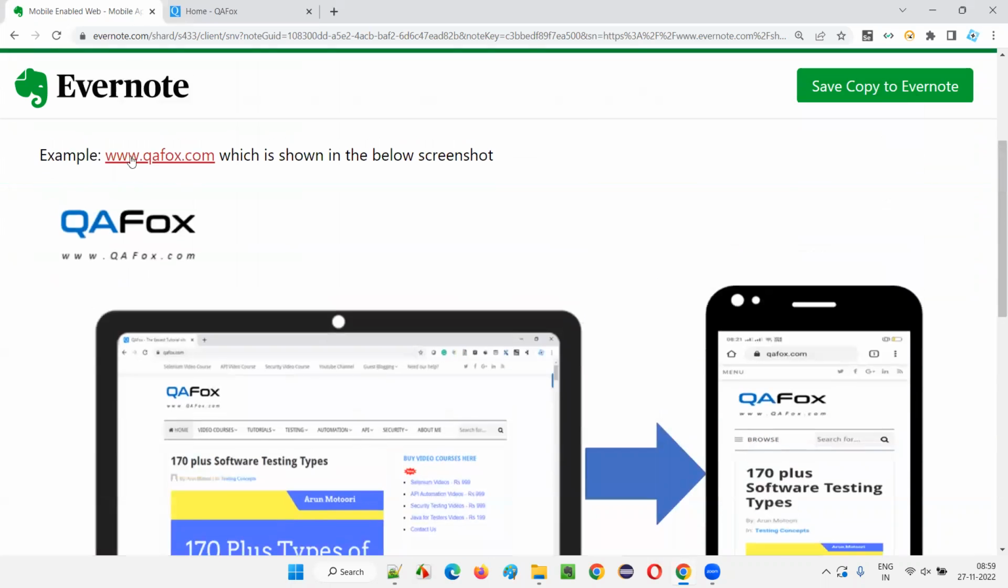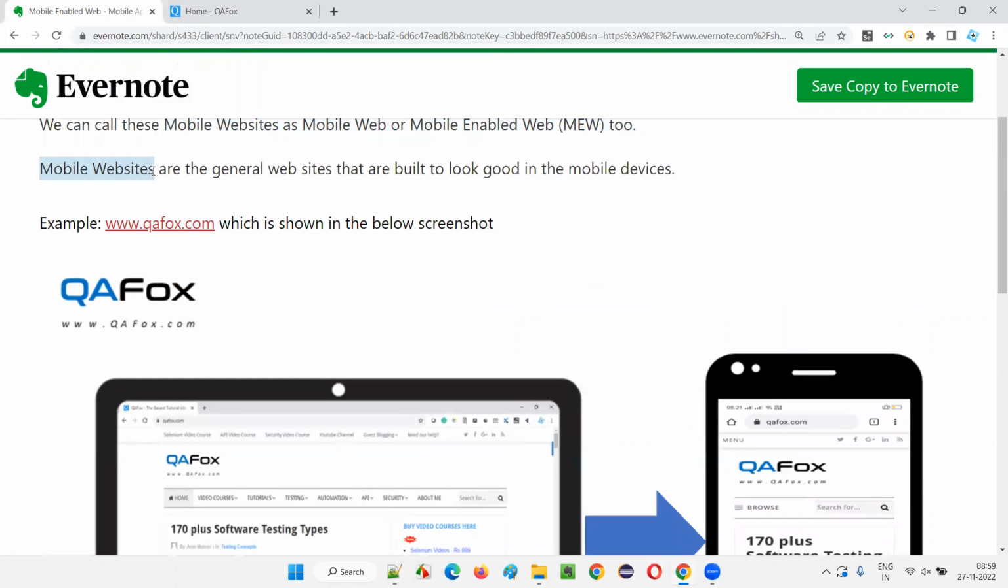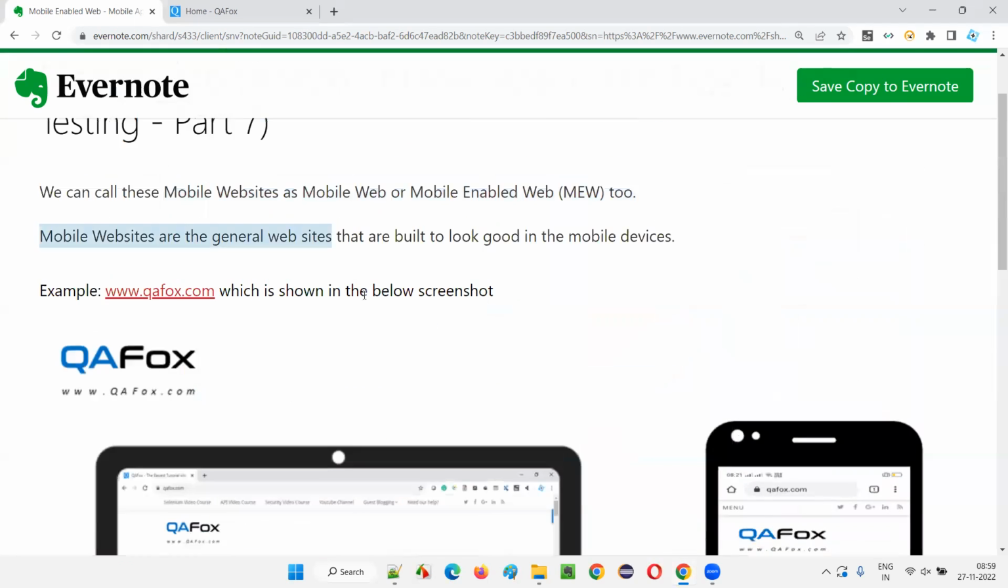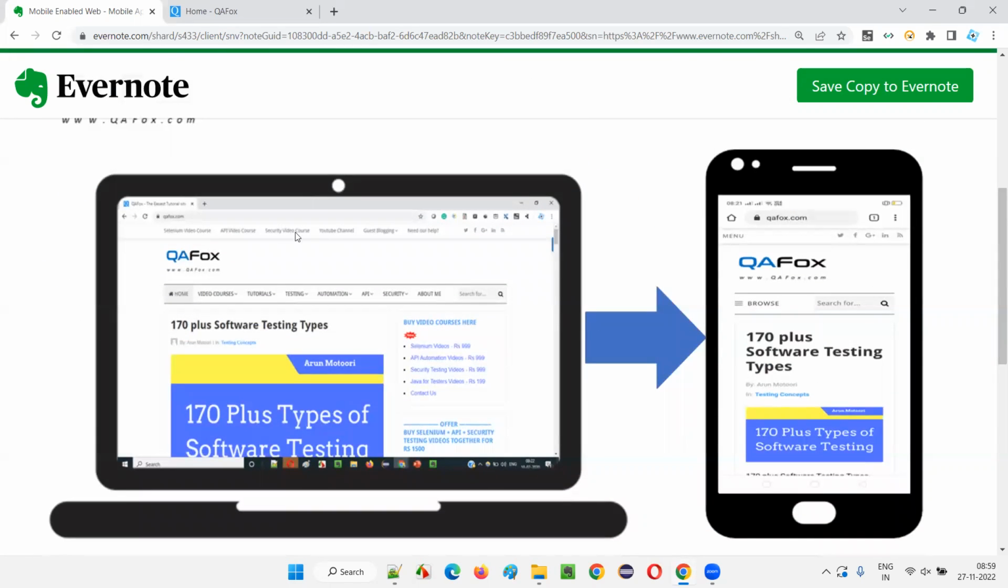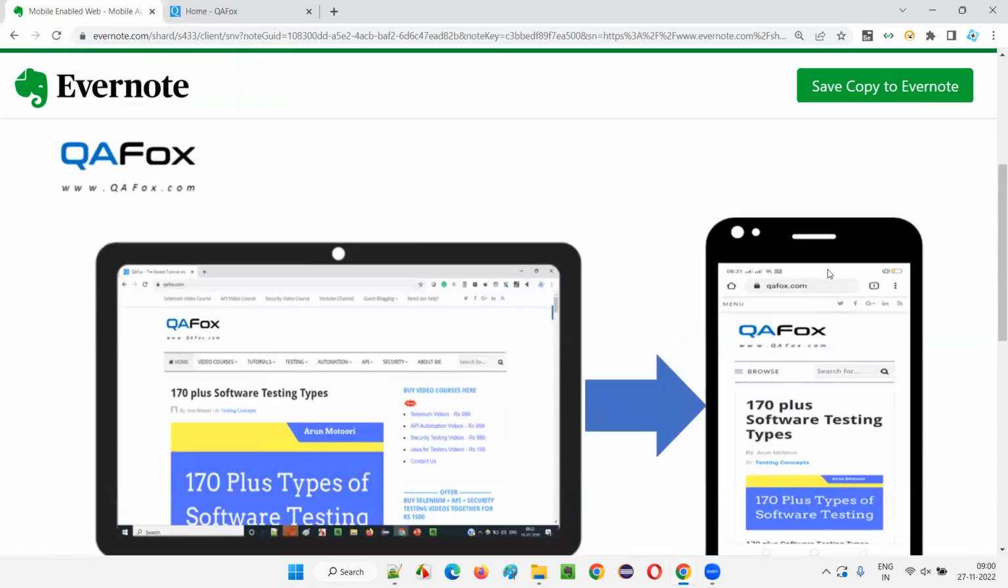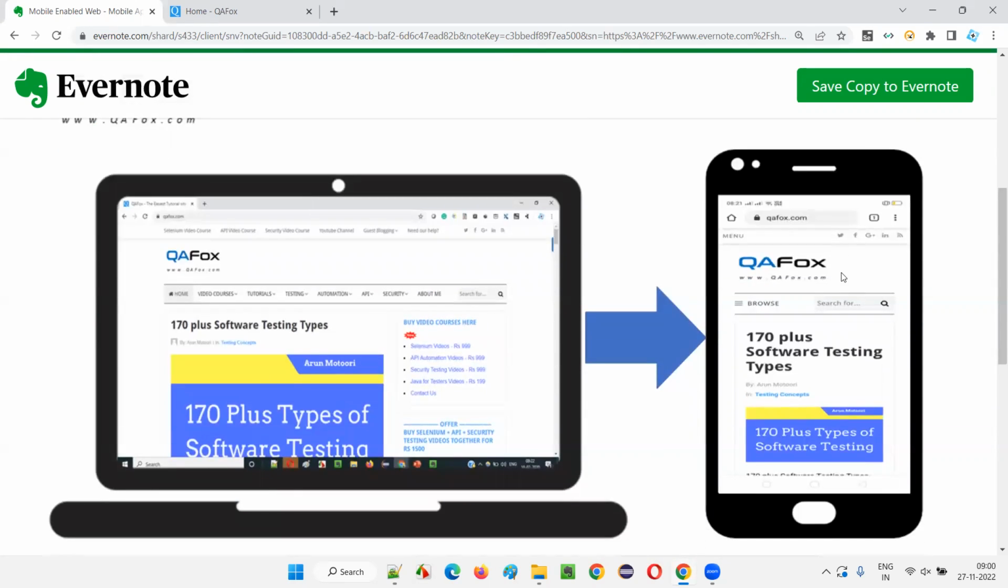So mobile websites or mobile web or mobile enabled web, these mobile application types are the general websites, guys. They are general websites that are built to look good on mobile devices. If you open this, the same website is still looking good in a different format, adjusting to the mobile device. These websites are called mobile enabled web, one of the mobile application types. It's not an application, but we generally call it an application type, which is adjusting to